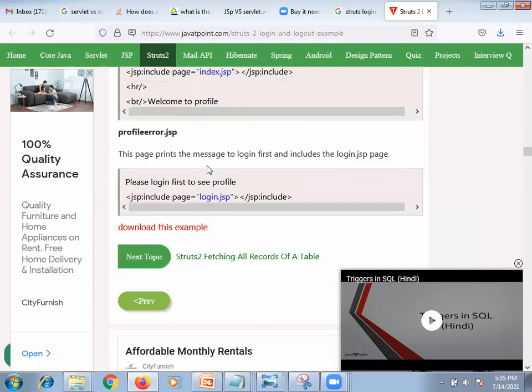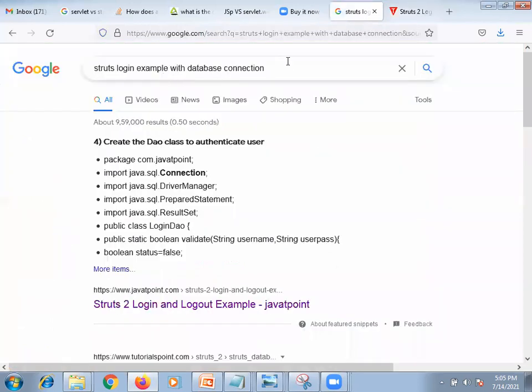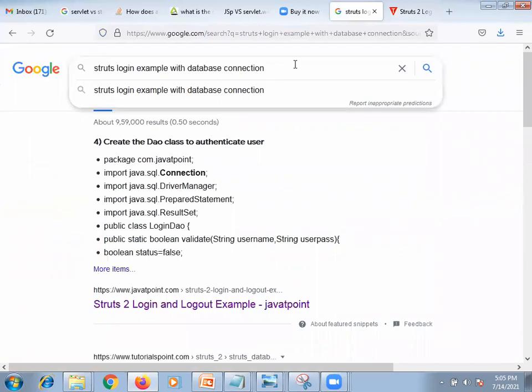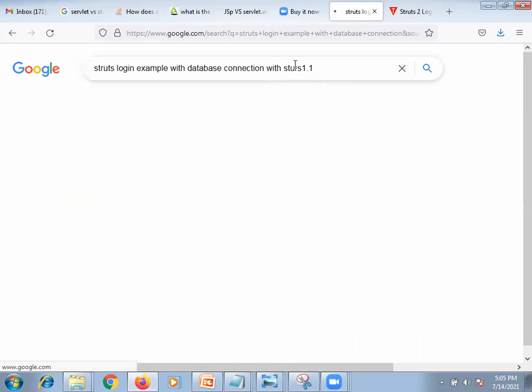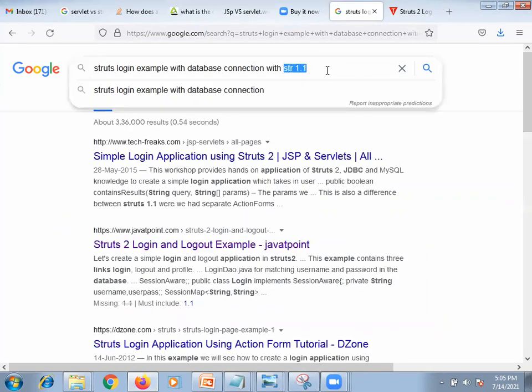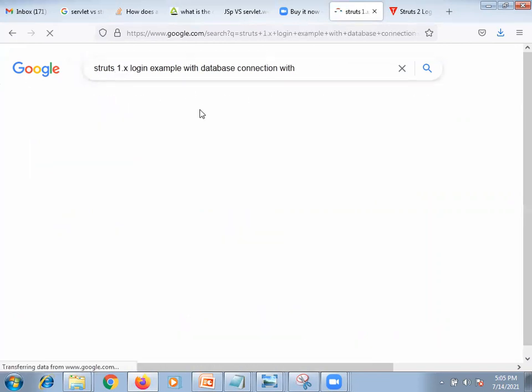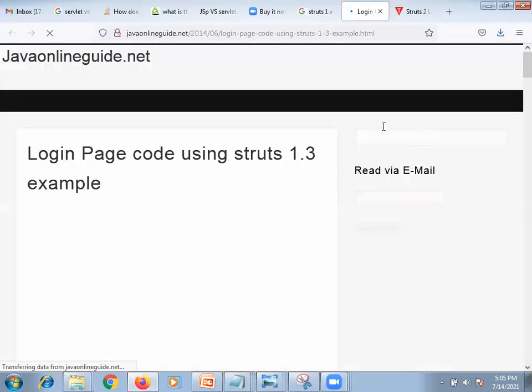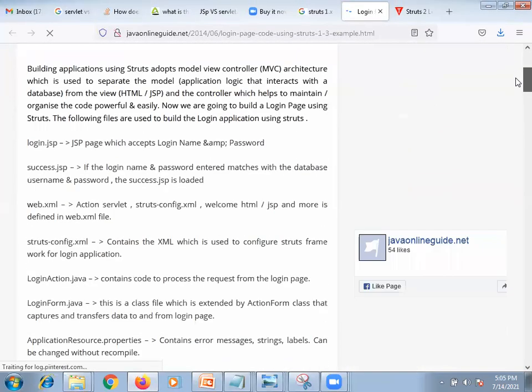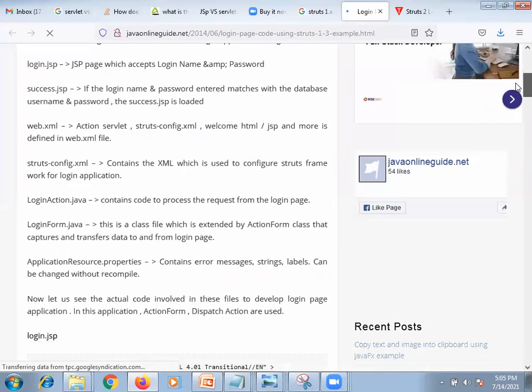Let me take another example. Login success web.xml.